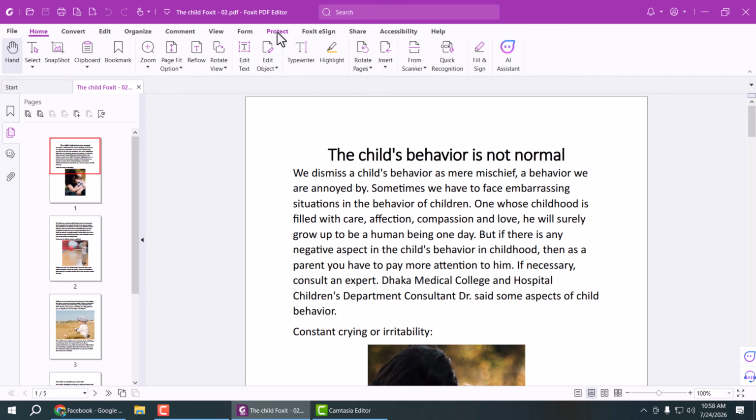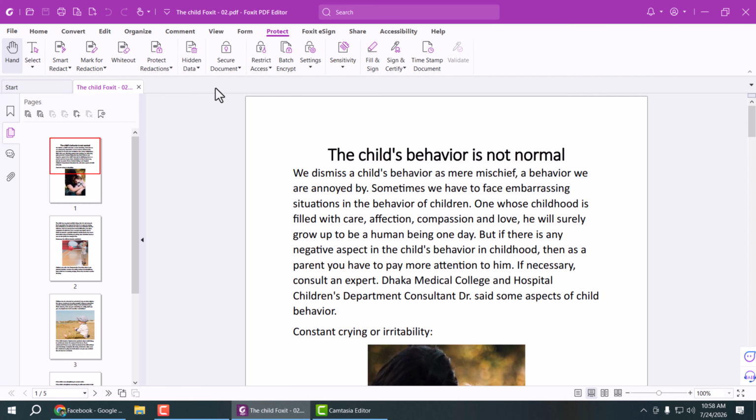Now select this Protect option, and here you will find this Hidden Data option. Click on this down arrow, and this is the Remove Hidden Information option. Click here